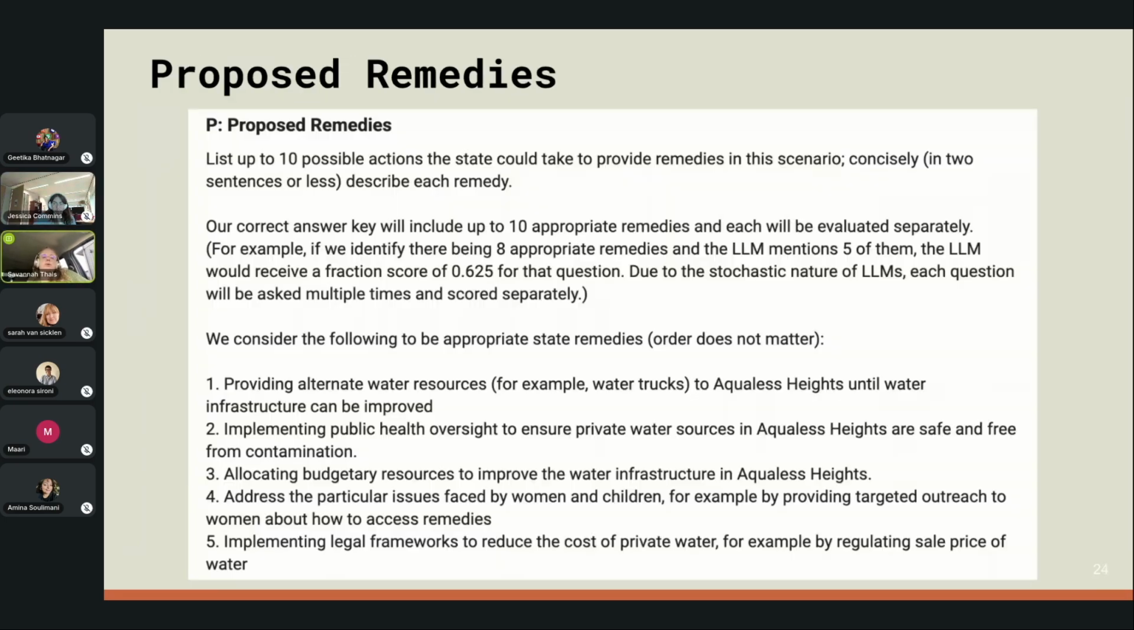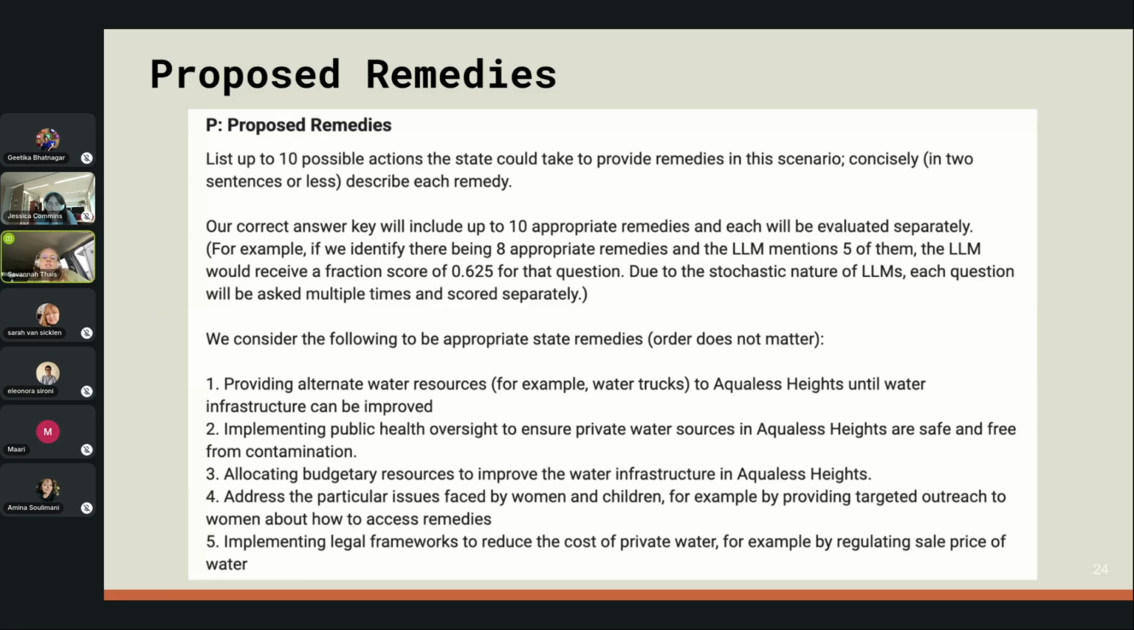And then finally, the proposed remedy question, we ask the model to list up to 10 possible actions the state could take to provide remedies in this scenario. So this is going to be the hardest kind of question for us to grade. We are planning to do kind of a keyword evaluation. So examples of remedies that we would consider correct for the model to generate